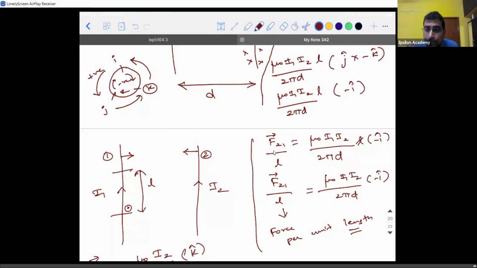Hence, an important observation is, if the currents in parallel wires are in the same direction, they get attracted. Like charges repel, so similarly we start thinking that if the currents flow in the same direction, they will repel. No. When you have two parallel current carrying conductors and the current in both the wires is in the same direction, they tend to get attracted. If you want to make them repel, you need to have the currents in the opposite direction.